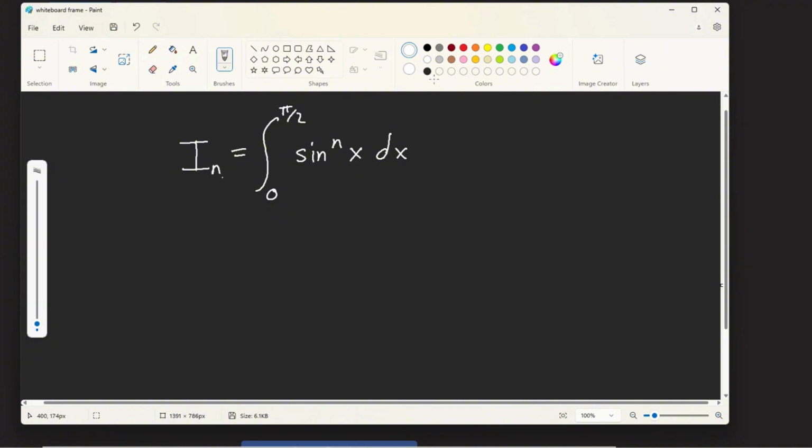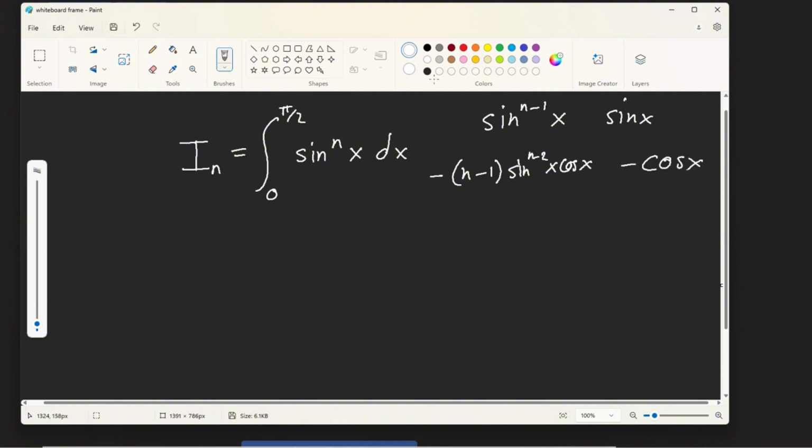This is now I of n. You would call it I of n because that's just your label. You'll see why. A very common example is integration by parts. So you would do sine of n minus 1 x, sine of x, and then this is now n minus 1 sine of n minus 2 x cosine of x,